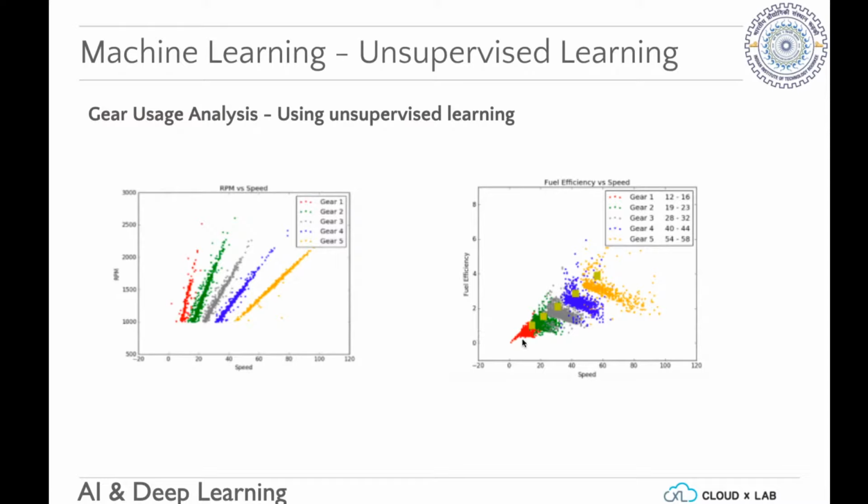As we go on a higher gear, the fuel efficiency is increasing, and for every gear there is a certain optimum speed, and beyond that optimum speed, the fuel efficiency decreases. So we kind of know that, we've been told that, but then we had data, and using this information we could identify it. So we could say that for this vehicle, if you operate on gear 5 at 60 speed, you would get most efficiency.